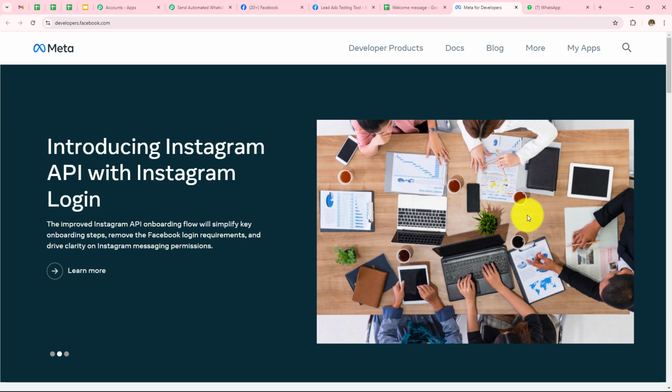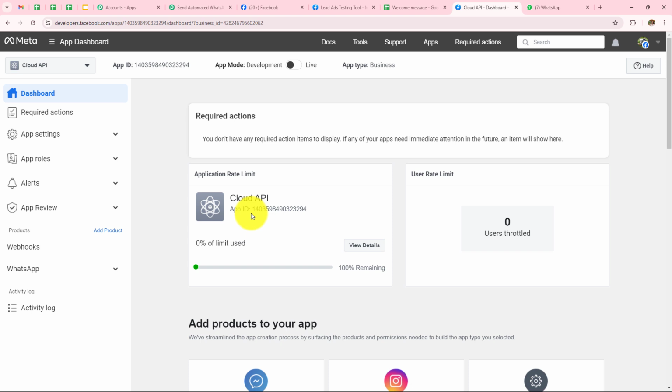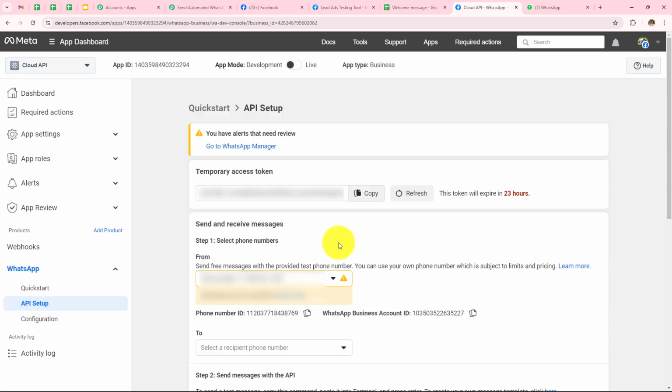So this is the app dashboard of Meta for Developers, and over here, we need to click on My Apps and select your application. And on the left hand side, you can see webhooks and WhatsApp. So under WhatsApp, you can see API setup. We have to open this. And over here, we can see temporary access token, phone number ID and WhatsApp business account ID. So as this token is temporary one and it will expire after 24 hours, you can generate your permanent access token which will never expire. And if you want to learn how to generate that, you have to visit our YouTube channel.